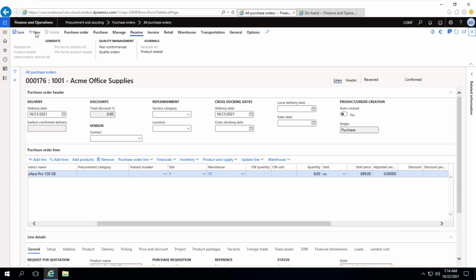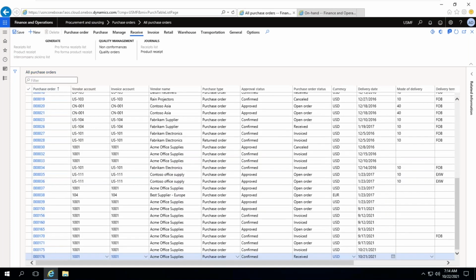So click on new. I'm clicking on the new button. Selecting the vendor.